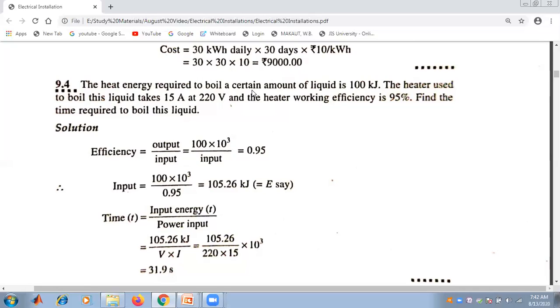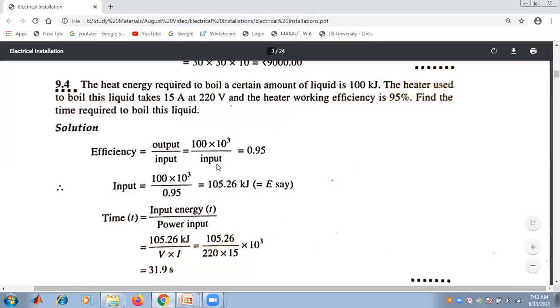The energy that is required to heat a certain amount of liquid is 100 kilojoule, that is the output. So the output, 100 into 10 to the power 3, divided by input is equal to the efficiency, that is 95% or 0.95. So from there we can calculate the input,